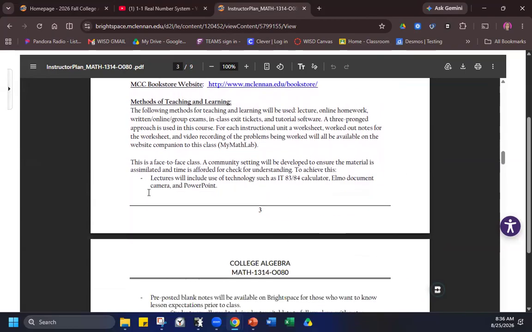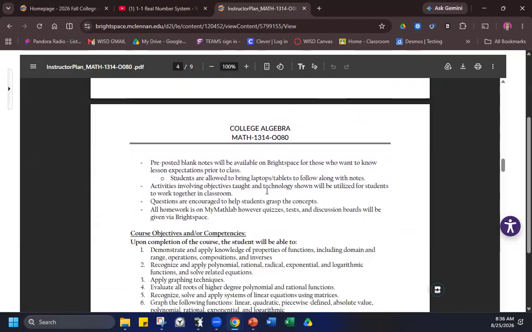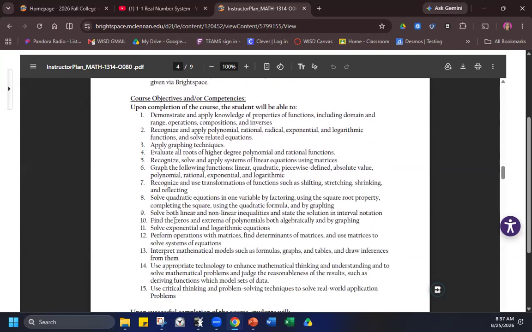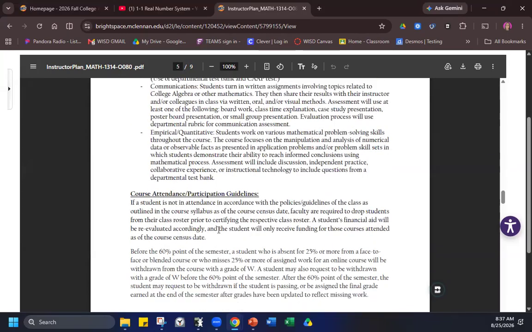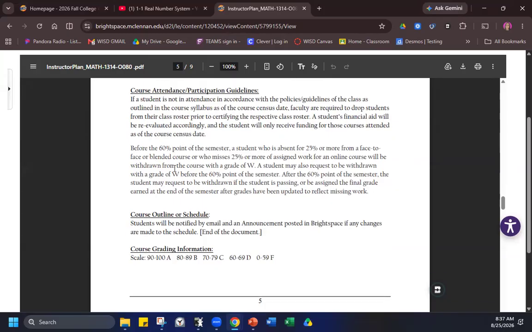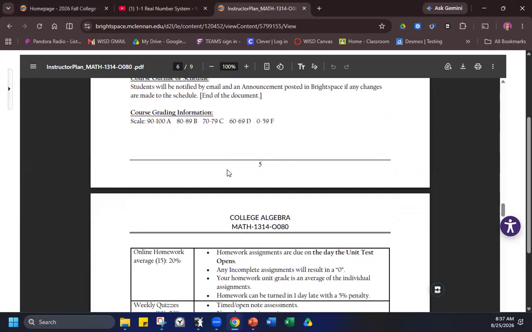My style of teaching and all of our resources are here. We are an all-inclusive course, so when you pay for this course, that includes all of your resources. Your textbook is online, your notes, learning, everything is completely online and at your access. Course objectives, you can read through all of that. Our course attendance policy: I take attendance based on your discussion participation. If you did not participate in discussion for the week, then you were absent for that week. Does that make sense? Okay. Course outline is at the bottom.